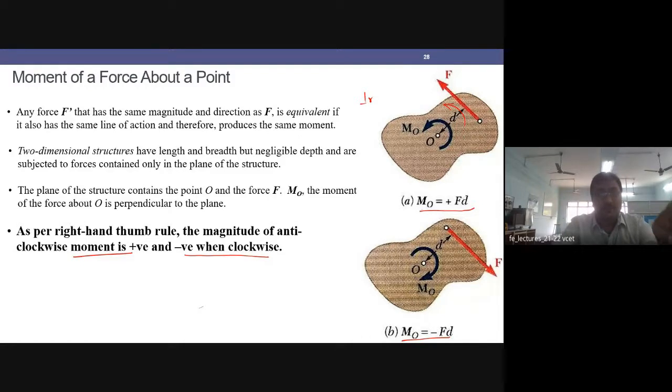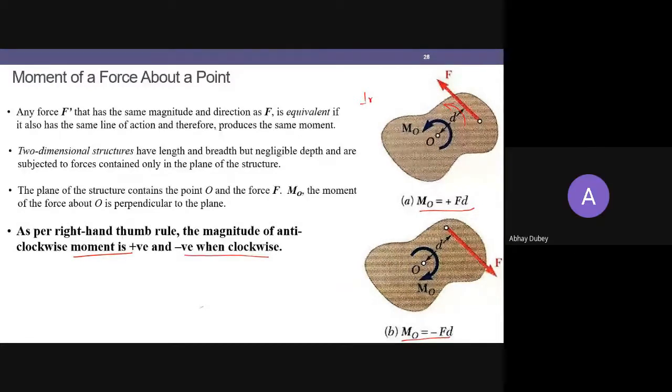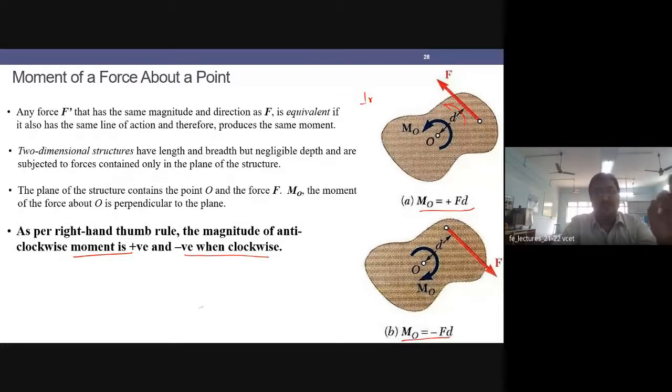Am I audible? Yes, sir. Yes, sir. Anti-clockwise moment is always positive, clockwise moment is always negative. And how, okay,